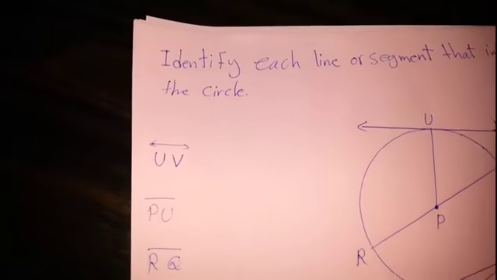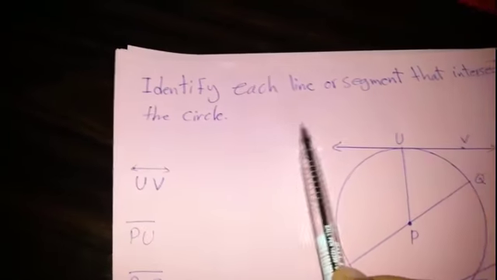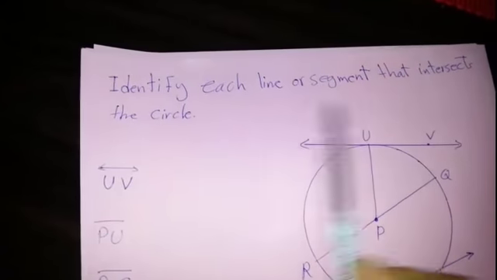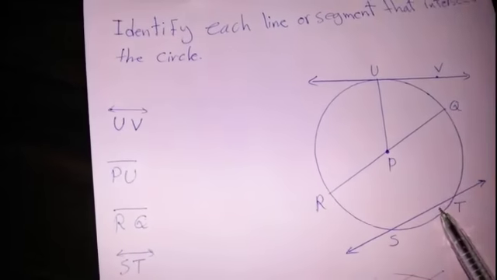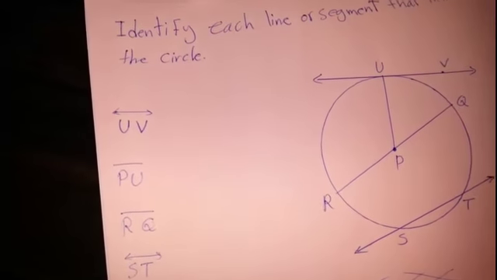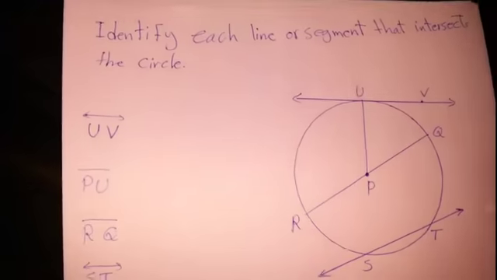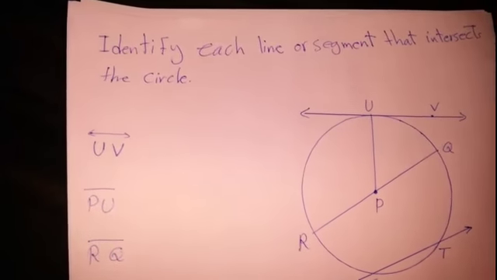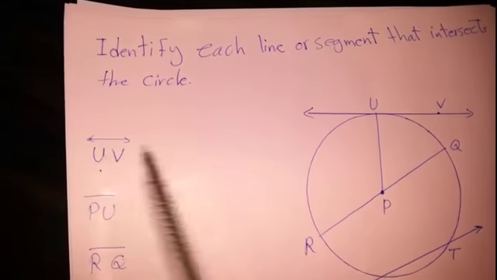First question we have here: identify each line or segment that intersects the circle. Here we have a circle. We can see lines that intersect the circle. We need to just identify, which means write the name of each line. For example, UV, this line